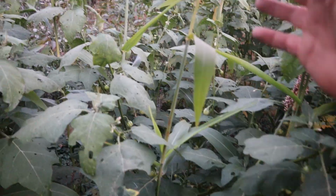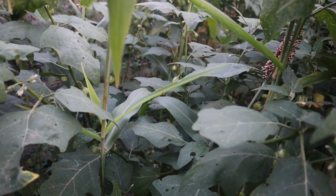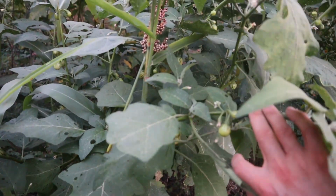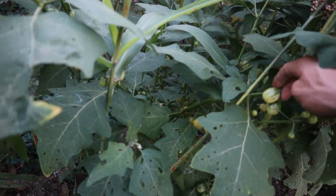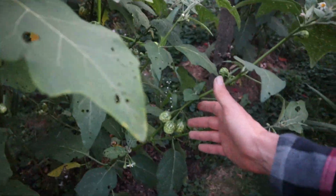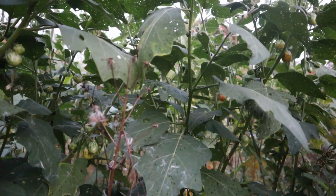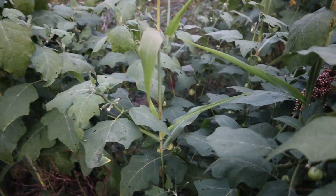And then the sorghum, on the other hand, can be allelopathic, and I didn't know if that would affect the Ethiopian eggplant. Overall, the Ethiopian eggplant seems to be quite productive here, producing a bunch of these eggplant-like fruits. They're kind of smaller, but they're supposed to be this size, right? Producing a pretty good amount. And then we have the sorghum,